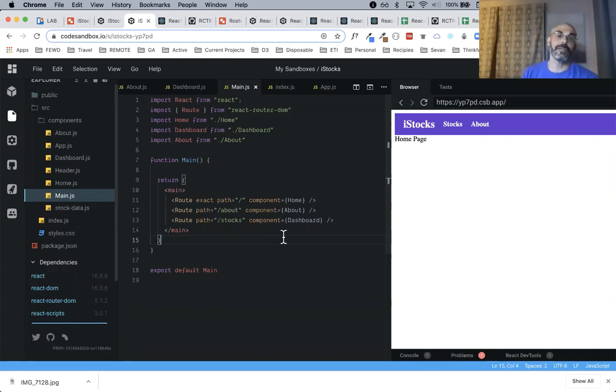So you could structure this as an object with those key value pairs, and then we don't necessarily need the exact keyword. There is a way for us to not use it by including the switch keyword, and we haven't gotten to that yet, but switch would allow us to reorder our routes from most specific to least specific, and we don't need the exact keyword. So theoretically, if your routes are created in order of specificity, most specific to least specific, you could loop over them and create them all, right?